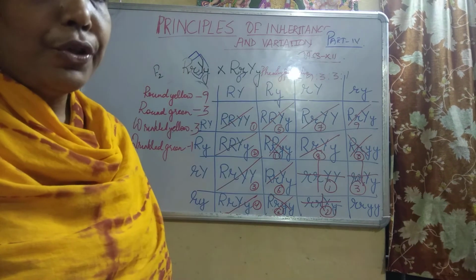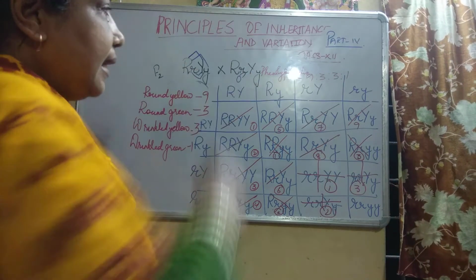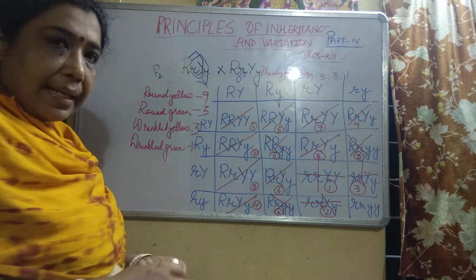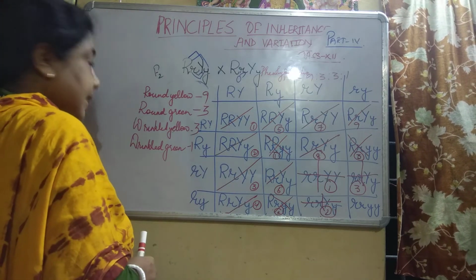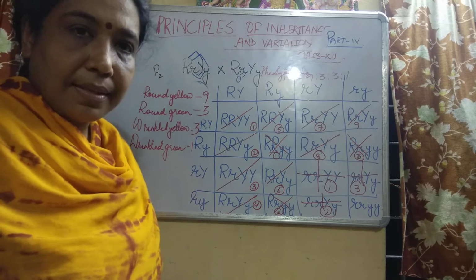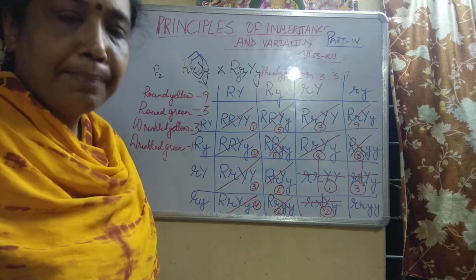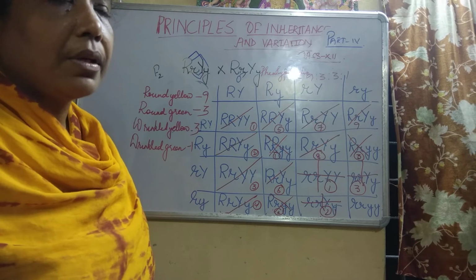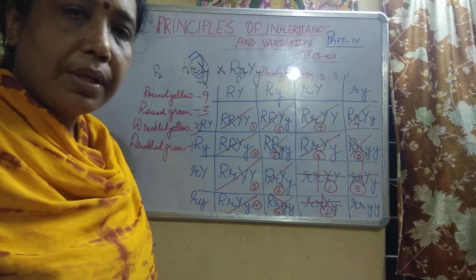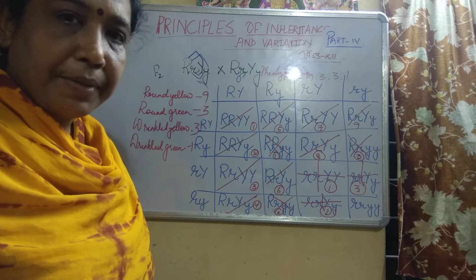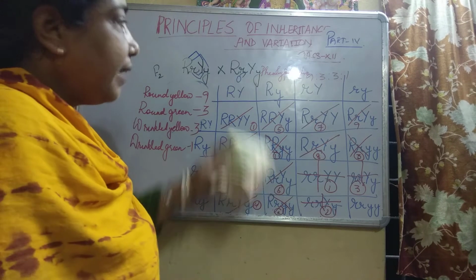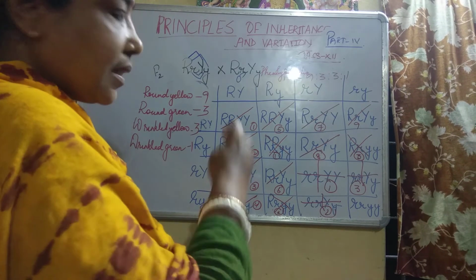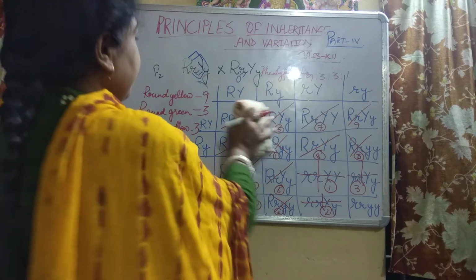Now, I want to say that from here, Mendel came to the conclusion of a law. That law, I am erasing it, okay? Please go through the book and if possible, note it down, children. It's very important. So many crosses related to it are given in previous year question papers. If you solve them, you will find many questions related to it. Every year or the other it is being asked. You just try to do it at home.